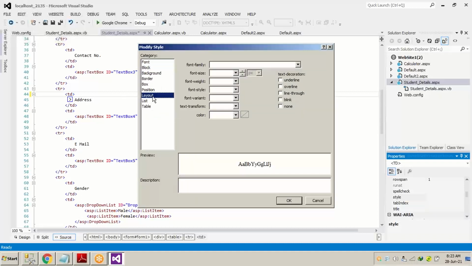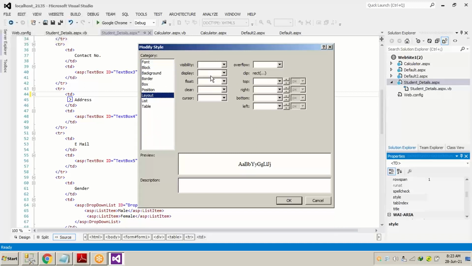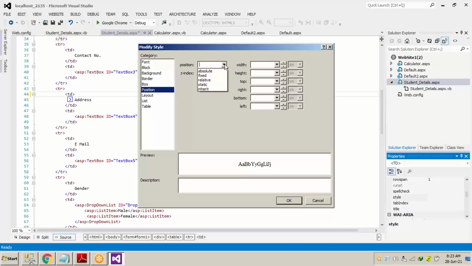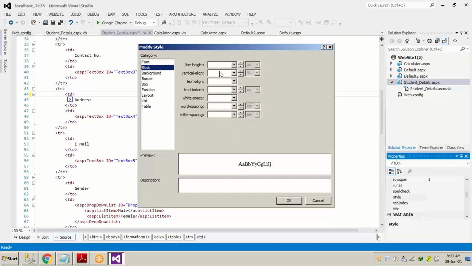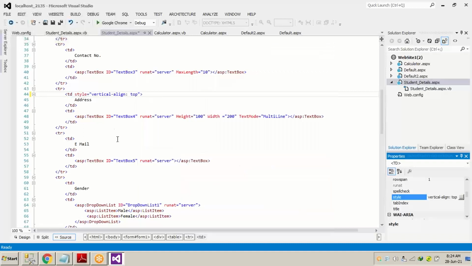It's empty right now. We have to go to the float, left, clear, position, absolute, fix, table layout, blocks. Okay. Vertical alignment in block, we have to select it on top and okay.